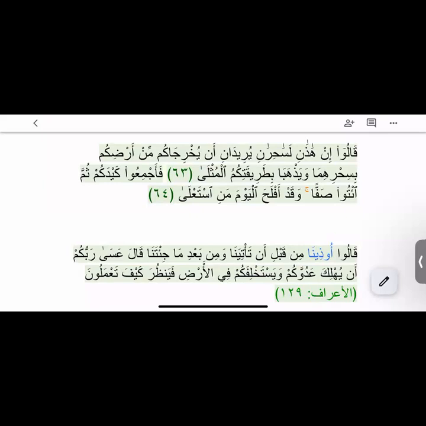An is going to be, what is the status of an? An is لا محل له من الإعراب, no i'rab for it. It is nasiba, it is masdariya, it is harf istiqbal. Because see, the action did not happen. They want that they expel you all. So this is something that they are intending with an.